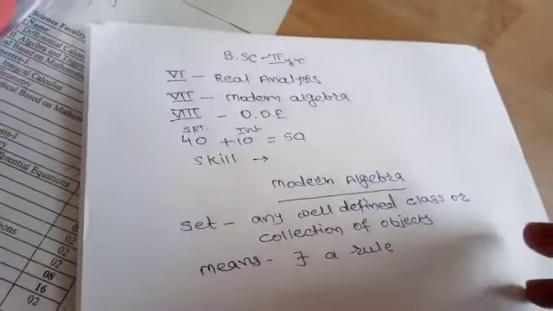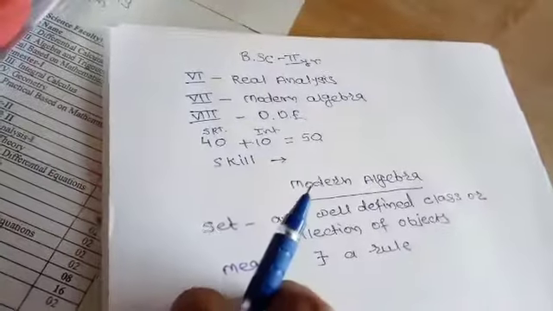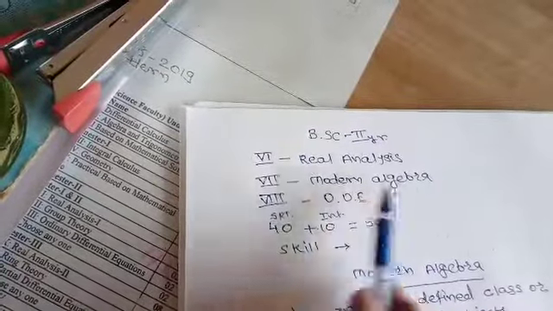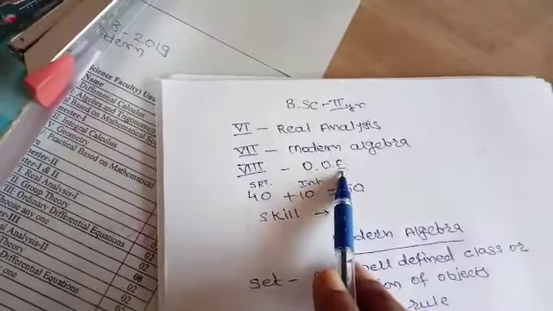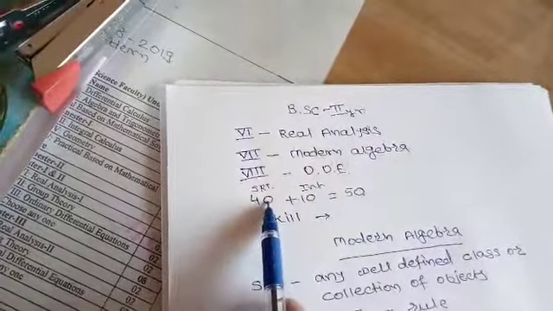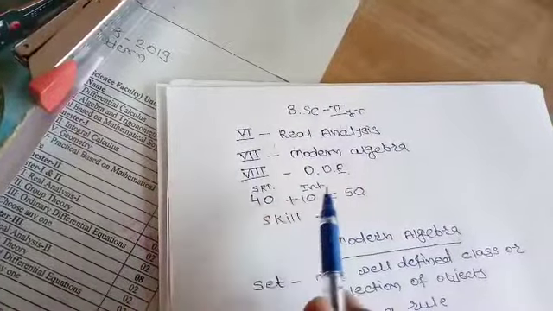to BSc second year class. In BSc second year, there are three papers. Paper number 6, real analysis. Paper number 7 is modern algebra, and paper number 8 is ordinary differential equations. Each paper carries 50 marks, out of which 40 marks exam is conducted by university and 10 marks are about